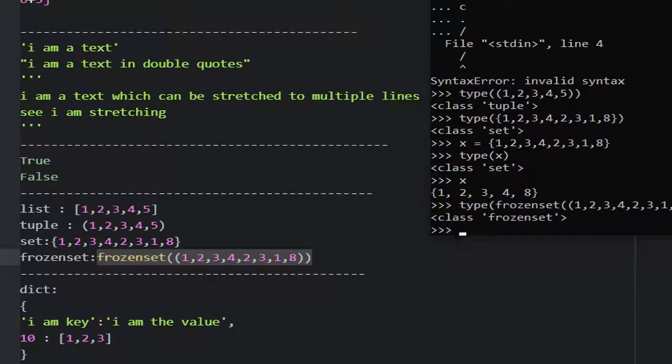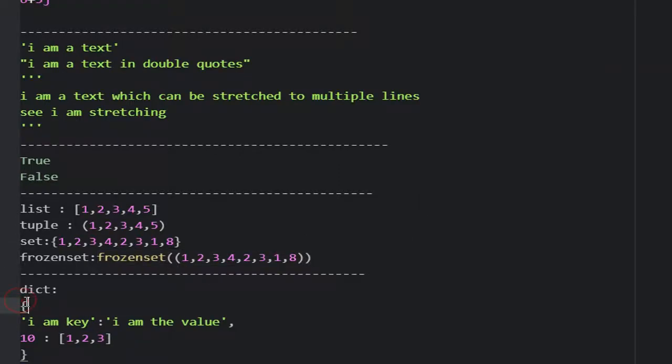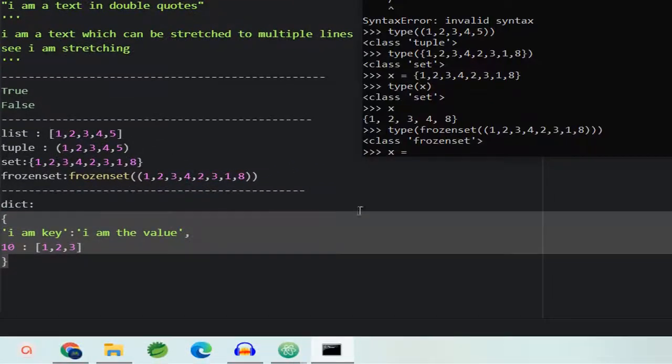And different data types have their own powers, okay? So we will understand each data type in a separate video, but for now let's focus on what are the available data types, right? And one last and one of the best data types I find is dict. Dict is used to store key value paired values. Like if I say x is equal to this thing, right?